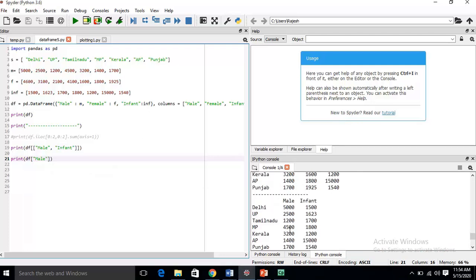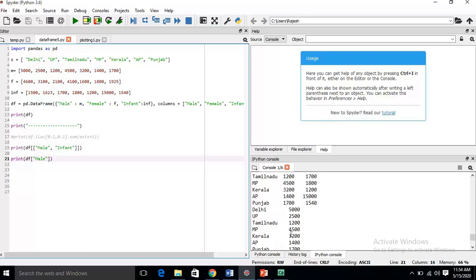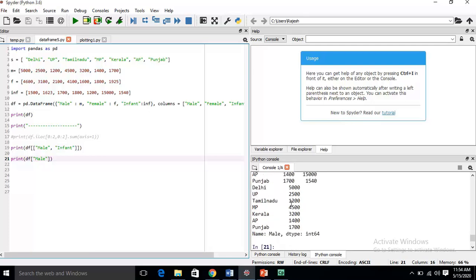This is the male population 5000, and it is showing 5000. Let me make it a comment so that you will see the output: 5000, 2500, 1200.